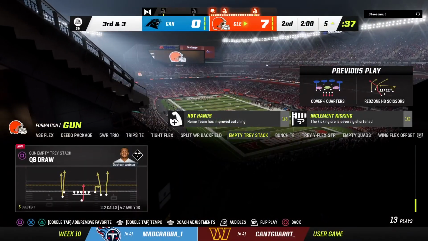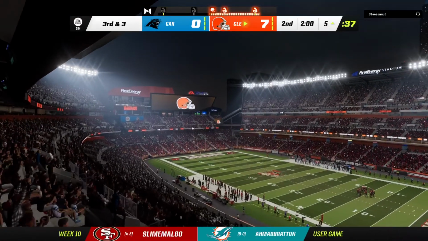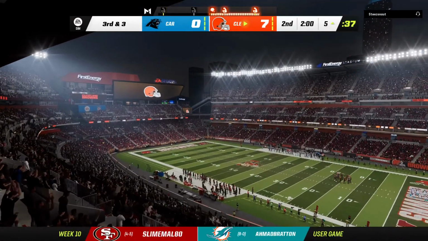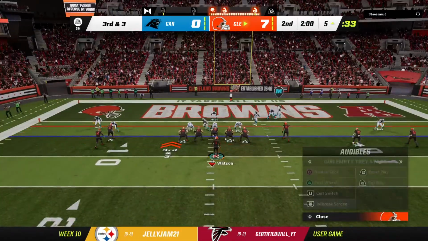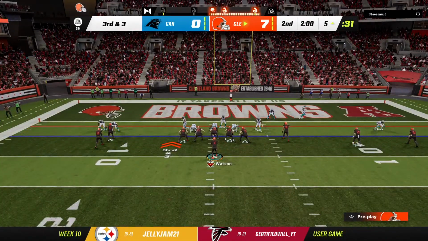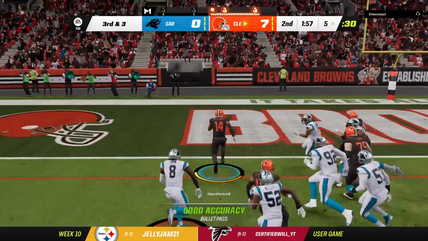2 minutes on the clock, 2nd quarter, 7-0 ball game. And we see another pitch and catch there to the running back. This position just continues to evolve. They become just as critical to the passing attack as a lot of receivers, tight ends, because their ability to make people miss in the open field can really...